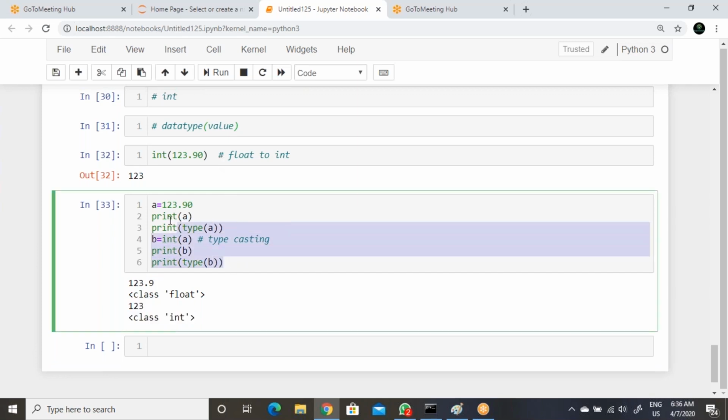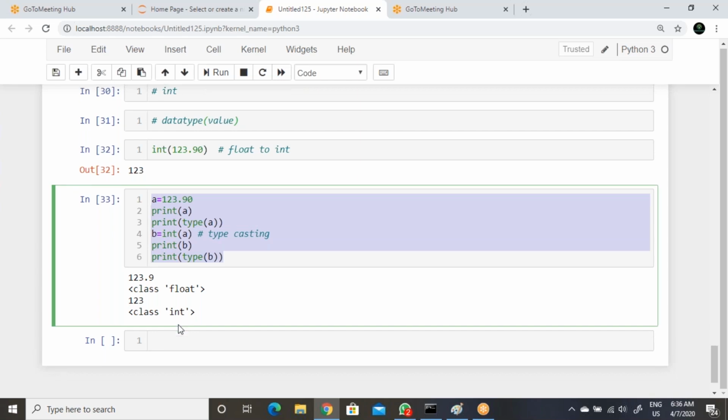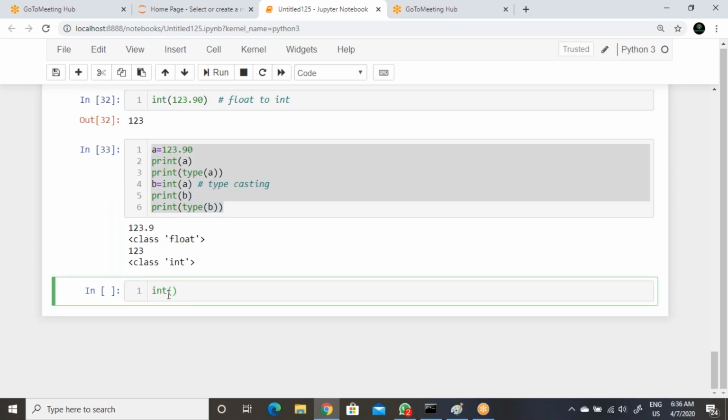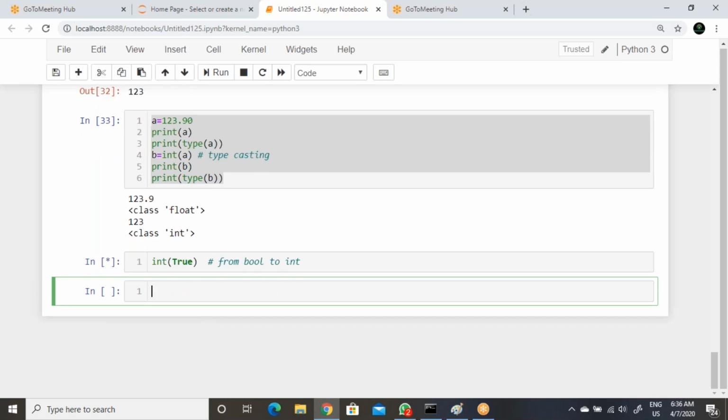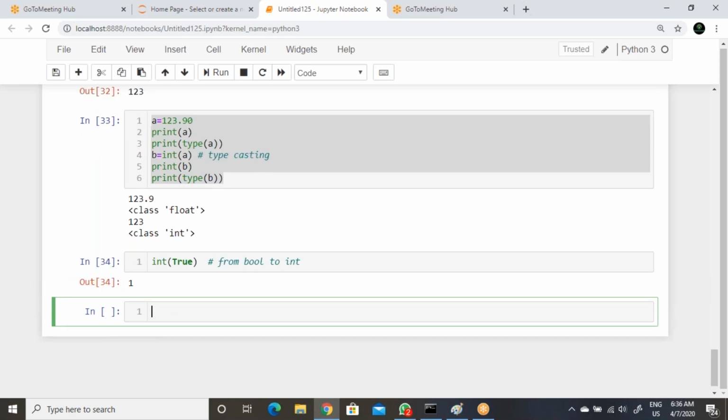Now execute. 1. You just pass the true value here, that's it. So the given value is true, it's a bool, and it is converted into integer. Same thing, take false also, then execute. False to 0.